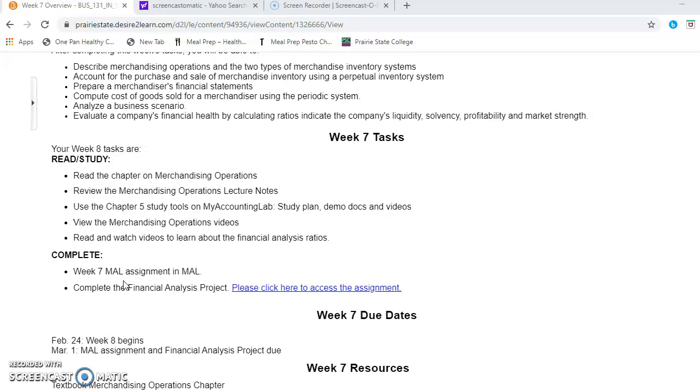The sales returns and allowances we're not going to spend time on because they got a bit complicated with some of the revenue recognition rules. People who go on in accounting will encounter that in a later accounting course. So keep that in mind, and then you will do the Chapter 5 MyAccountingLab, and then the financial analysis project. You can click to get to the financial analysis project,